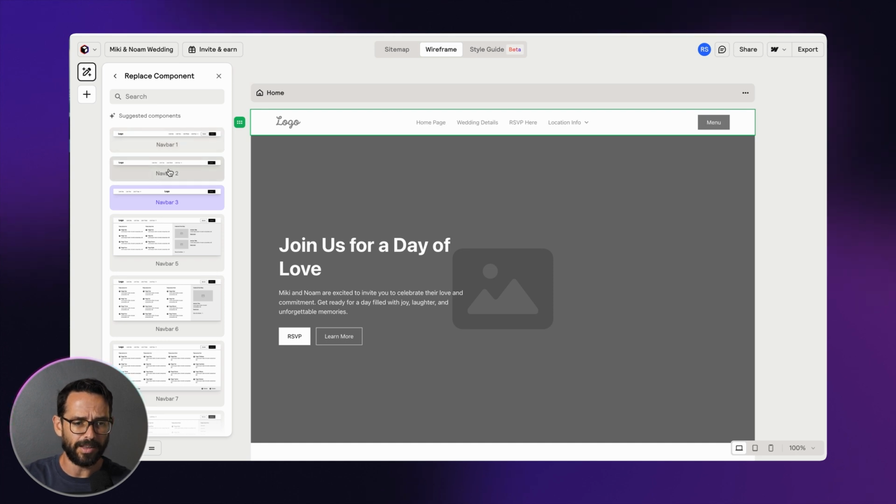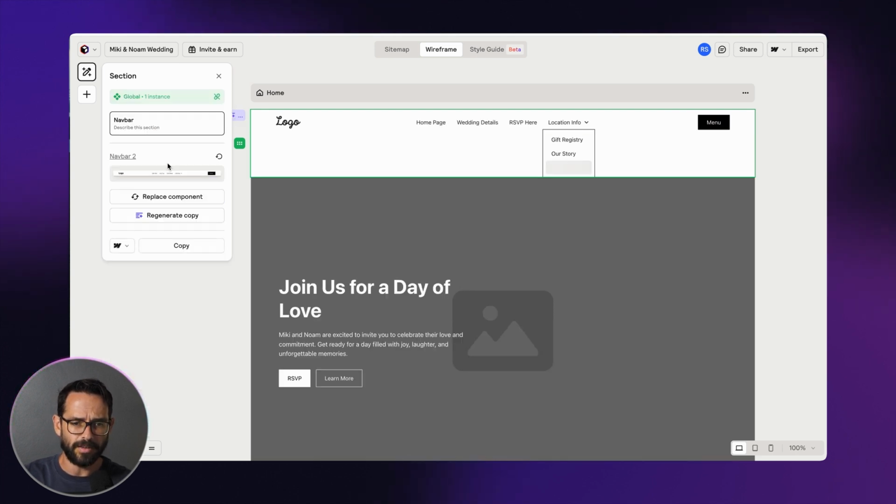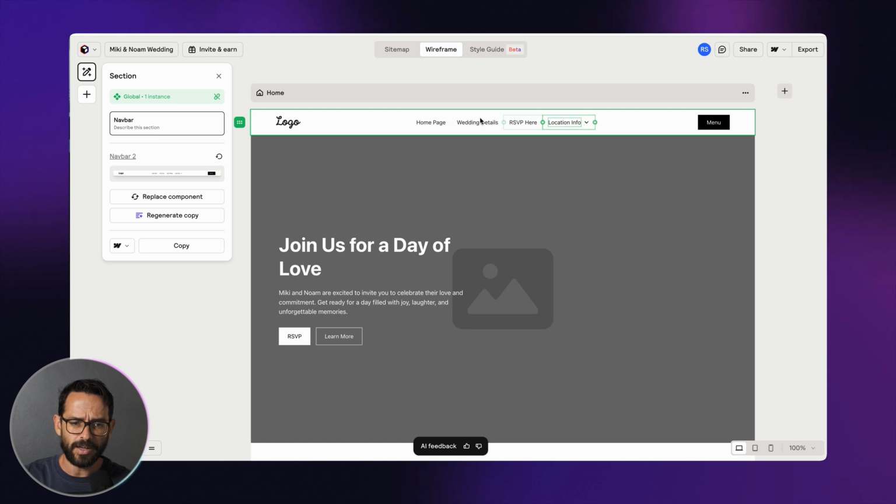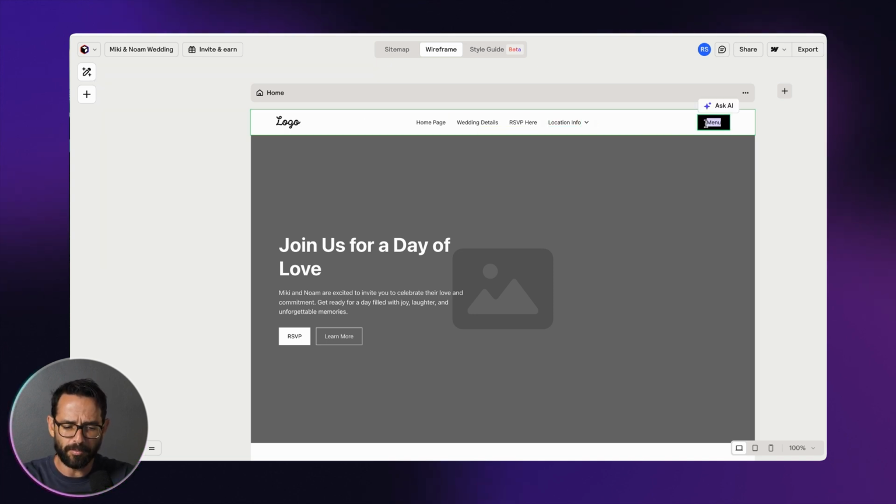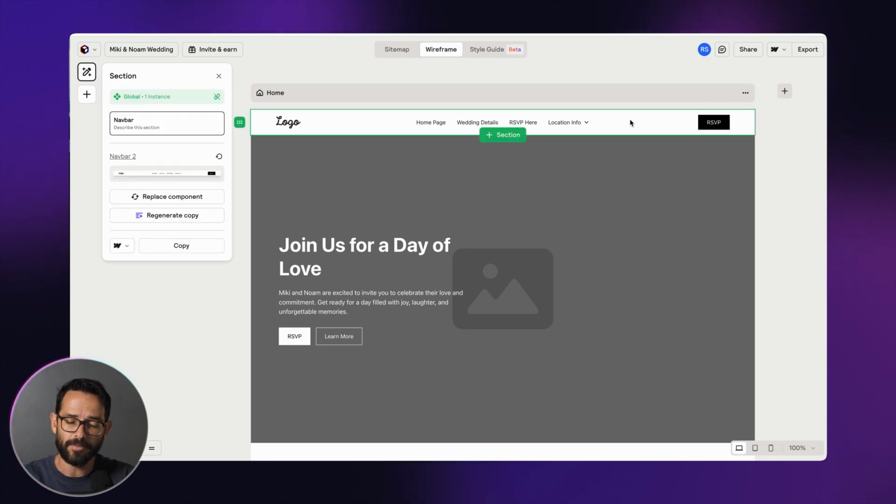Actually, I like this one. I like it when the navigation is in the center and then the logo on the left. Logo, we'll have to think about this, probably just write Mickey and Noam. Menu here. So let's double click this. This is going to be a button for RSVP, which is just going to scroll us down the page where we can do the RSVP. Now, this is going to be kind of like internal scrolling. So you can scroll down maybe into the event